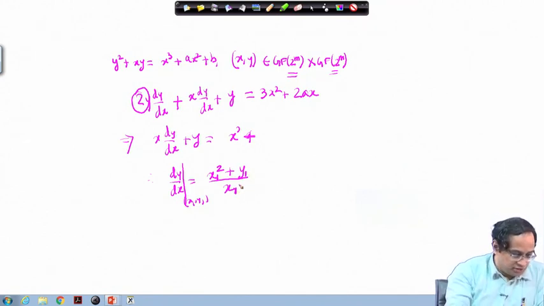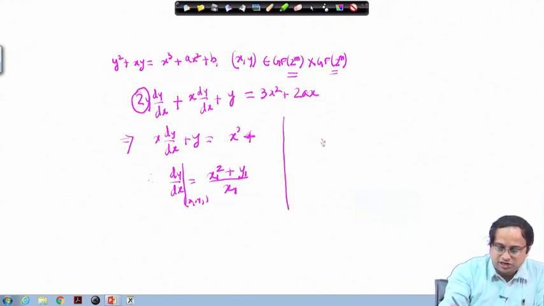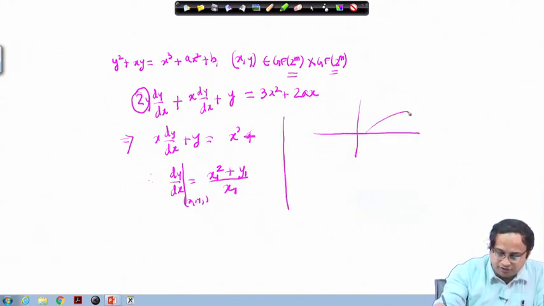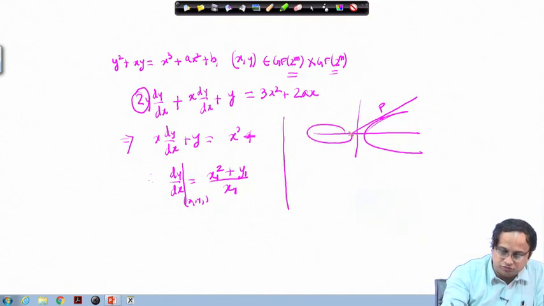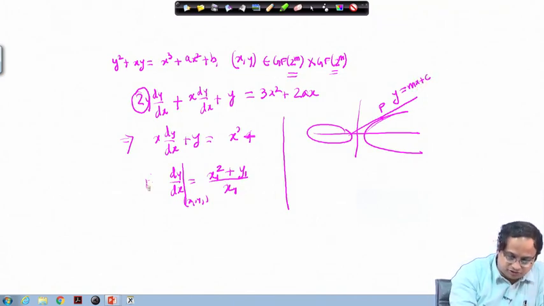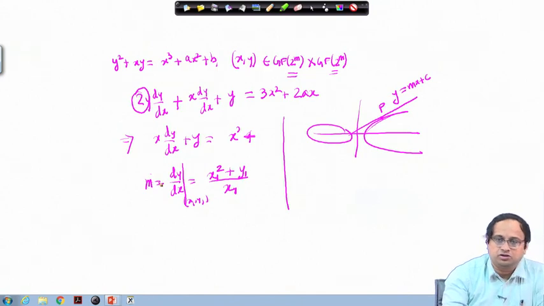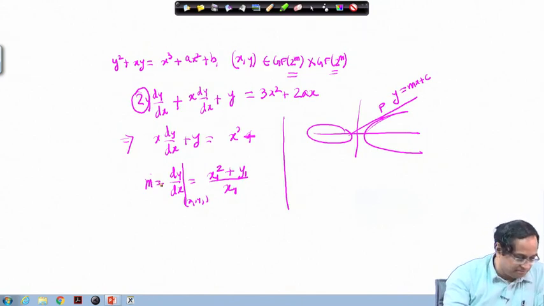Now if you apply the same chord and tangent rule, that means you have your elliptic curve and you want to calculate the doubling at the point P, you draw your tangent at this point. So, you have your equation as y equal to mx plus c, where m is obtained in this fashion. This is your m, the slope of the tangent. So, this is the tangent.